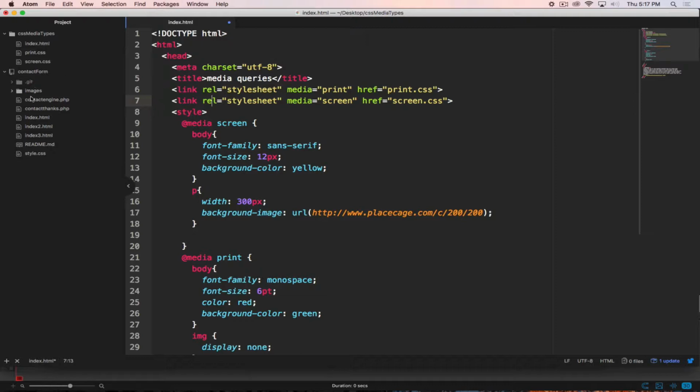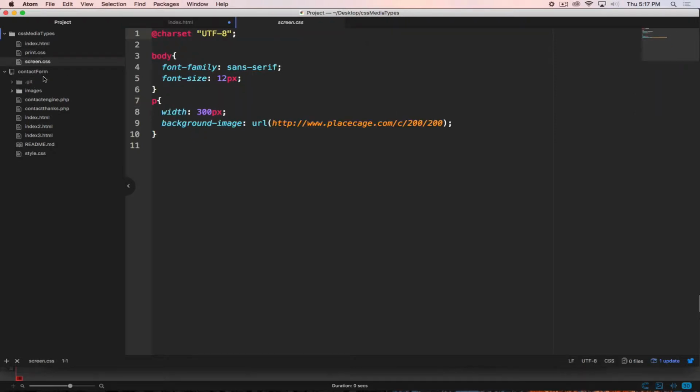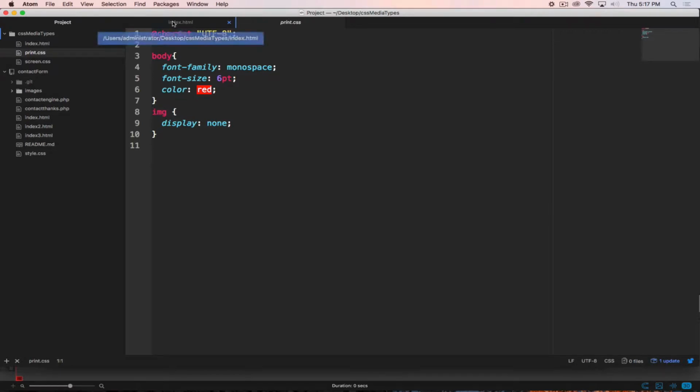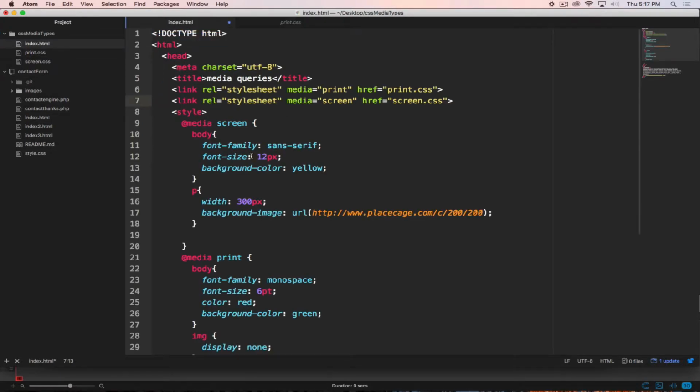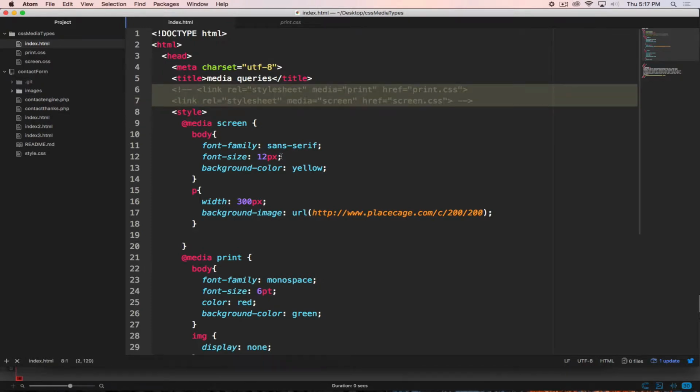So if I look at the screen, we can see that it now is setting up an image in the background of my paragraph. It's given it a specific width. It's chosen sans serif as my typeface. If I look at the print CSS, the text is showing up in red. The image is told not to display. But if I look at my document, and instead of using the media attribute here,